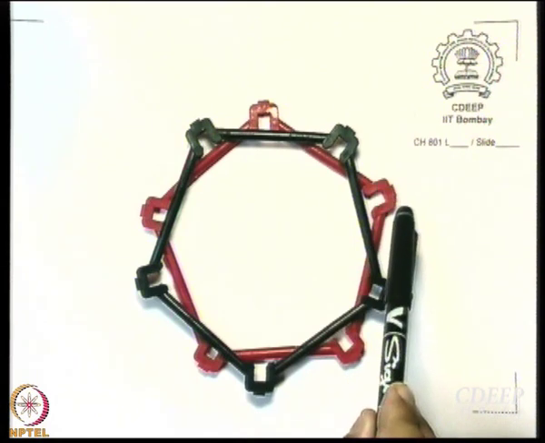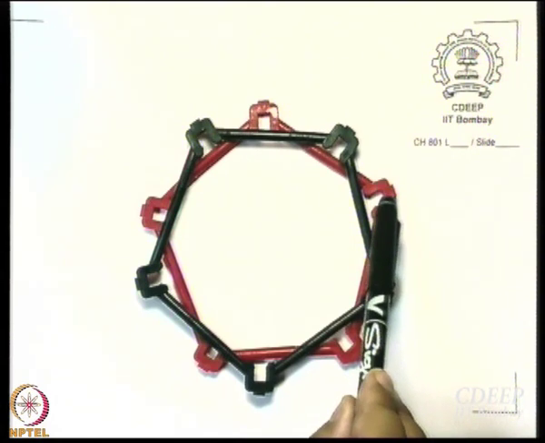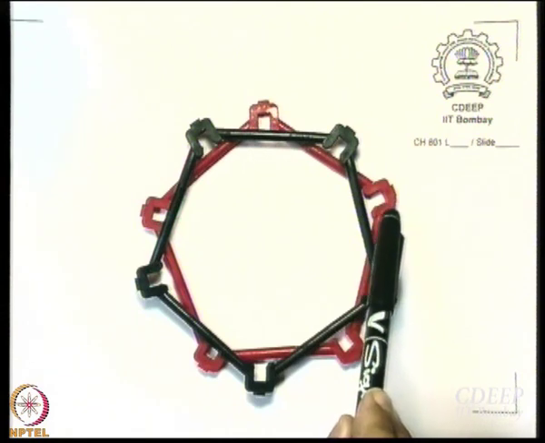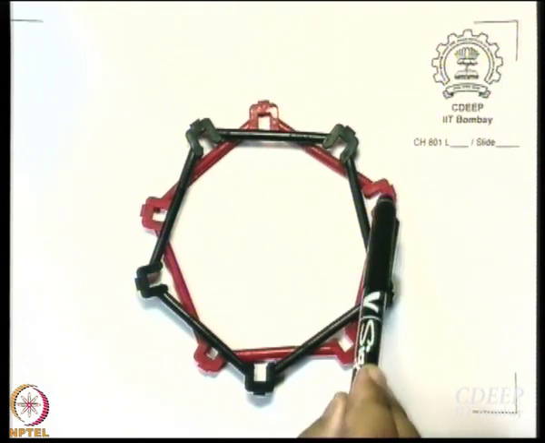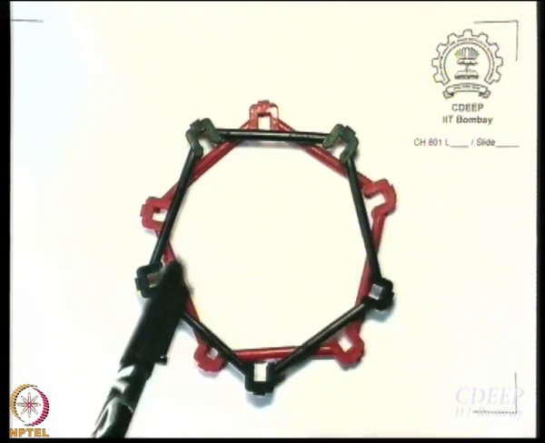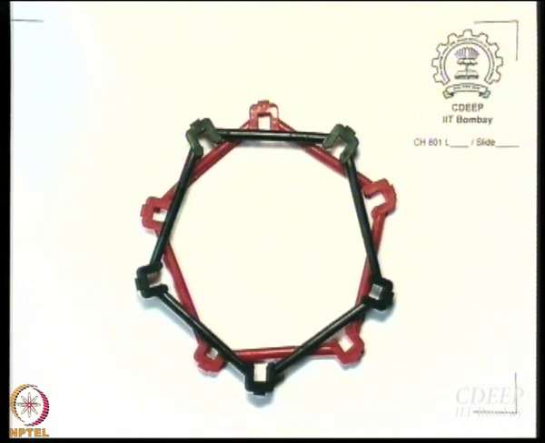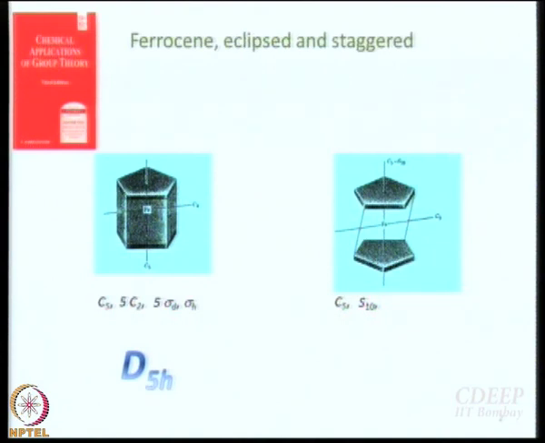Rotate it by 360 degrees divided by 10. It is going to come here, but it will be at the top. Now if you reflect with respect to the non-existent horizontal plane, then you reach this red point. And you can work that out for each and every carbon atom that is there. Okay, so far so good? Achal? Okay. So C5 now becomes S10 also. C5, S10. Alright. What else will be there?